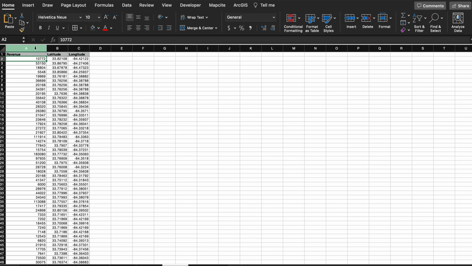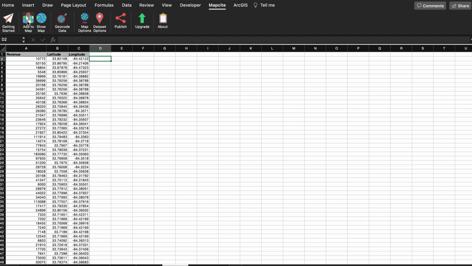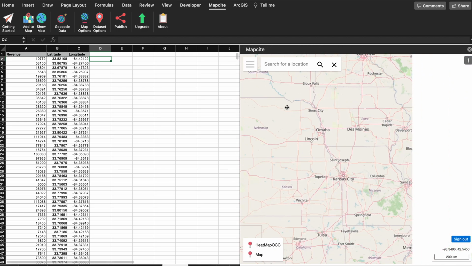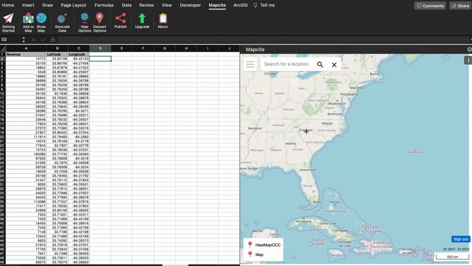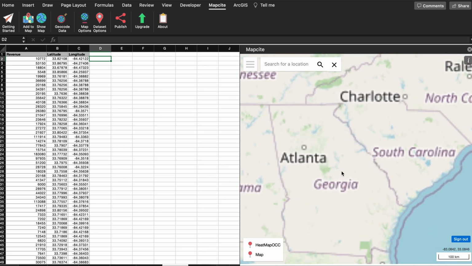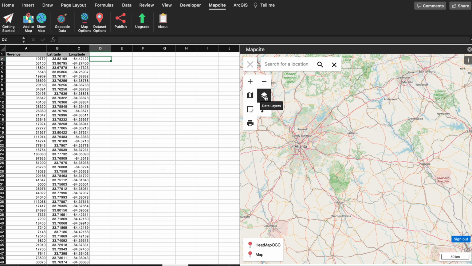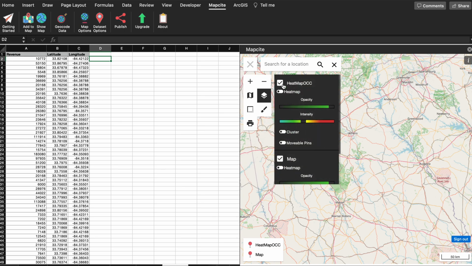So this is a list of each property in the longitude and latitude. So we're able to kind of go in here, and I can show you this. I'm not sure if your computer allows it, or if your version of Excel will allow this, but we'll show the map of Atlanta and go in and say we want to look at heat map.